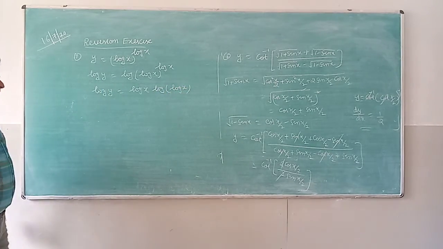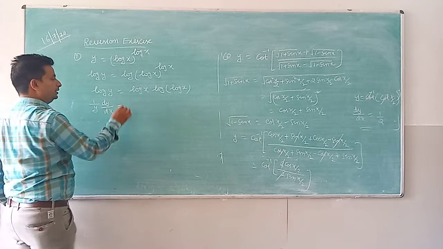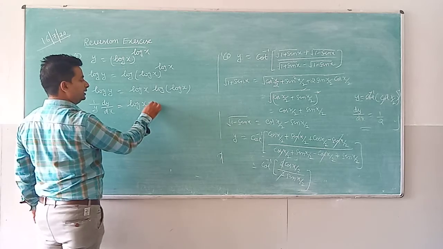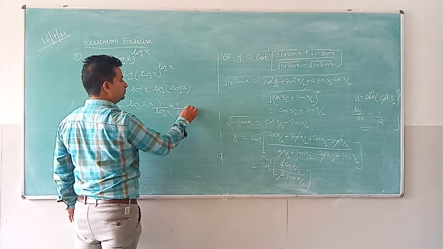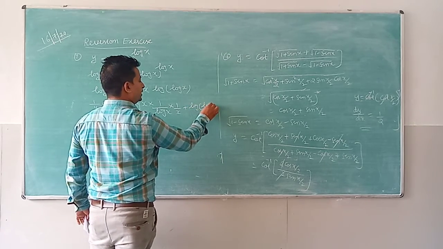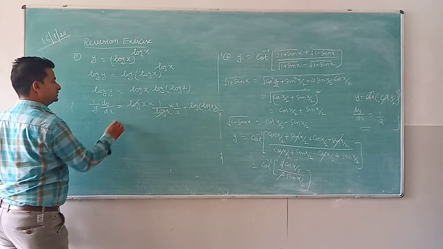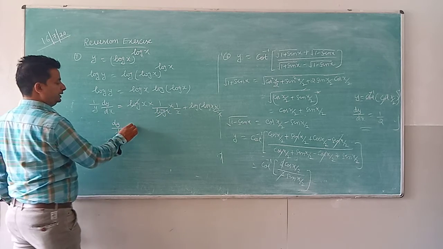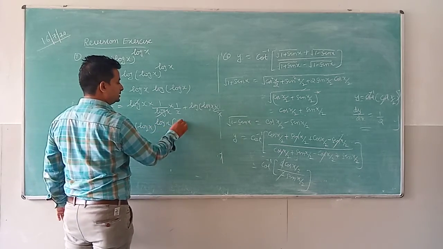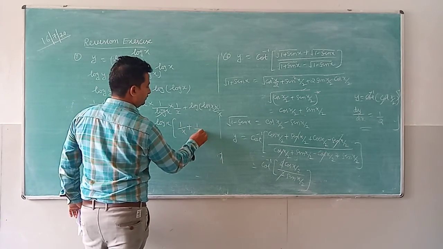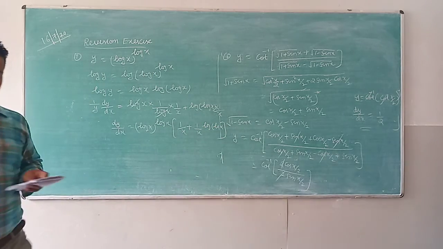When we differentiate this with respect to x, differentiation of log y is 1/y into dy/dx. Here we use the product rule. It's 1/x, plus log(log x) into the differentiation of log x, which is 1/x. This cancels out. So the value of y is (log x)^(log x). This is 1/x plus 1/x times log(log x). This is the derivative of this question.